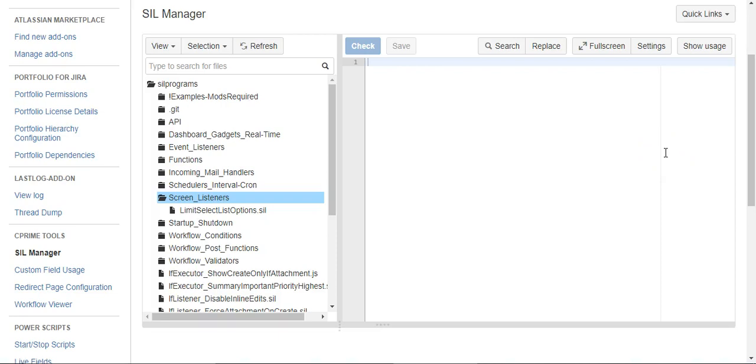Today we're going to see how to use PowerScripts from ScriptRunner to limit the number of votes a user can use in a given month. We're going to do that using the live fields properties and a